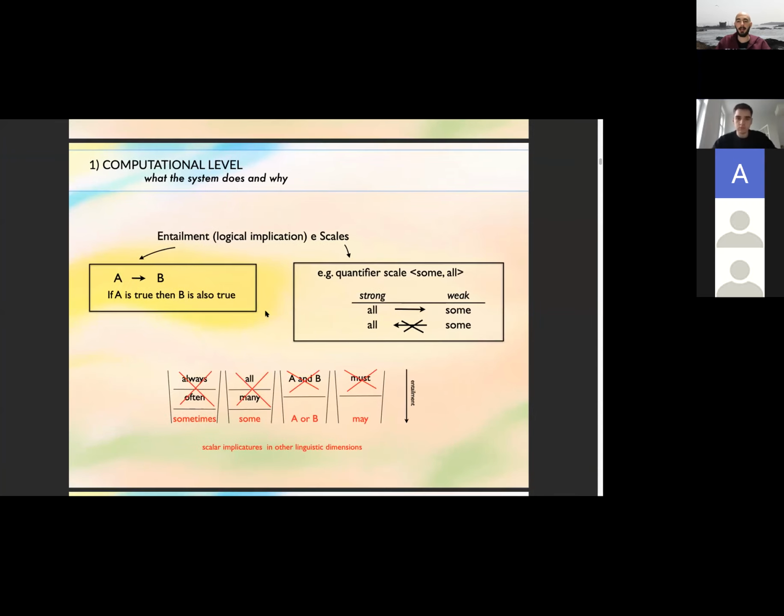Okay, so yeah, we have seen what scalar triggers are, and also we have seen a couple of linguistic dimensions where we could have scalar implicatures. Now let's quickly see some issues about implicatures, like, for instance,